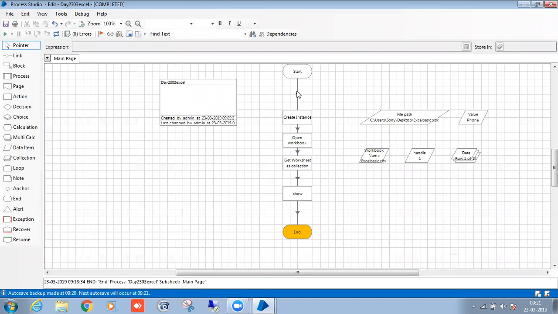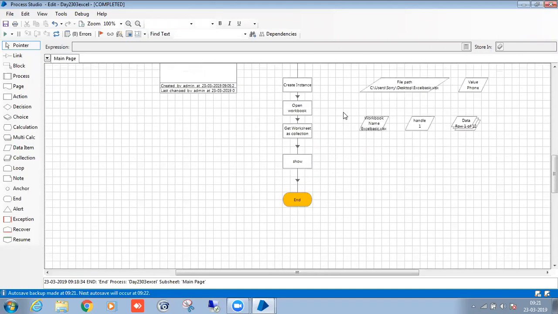The web service is nothing but you put your code on the web server, so other people can use your code. They can't see the code; they will use it as functionality. You will declare the functions, and those functions they can use. They can't see the code and they can't edit the code as well. So that's one more concept called web service. That is also a concept. I will explain that one later.